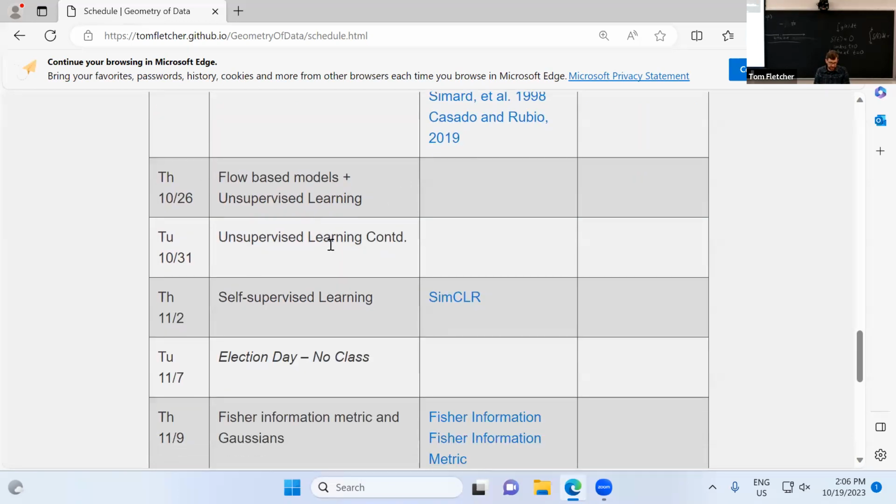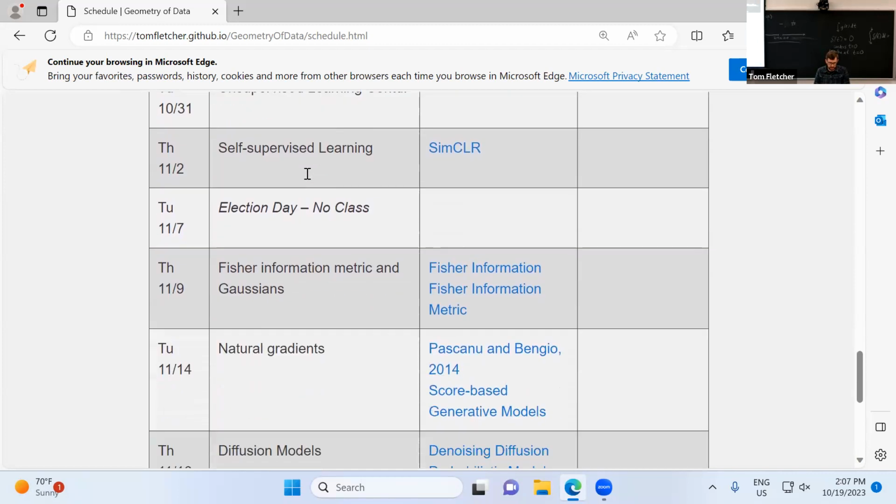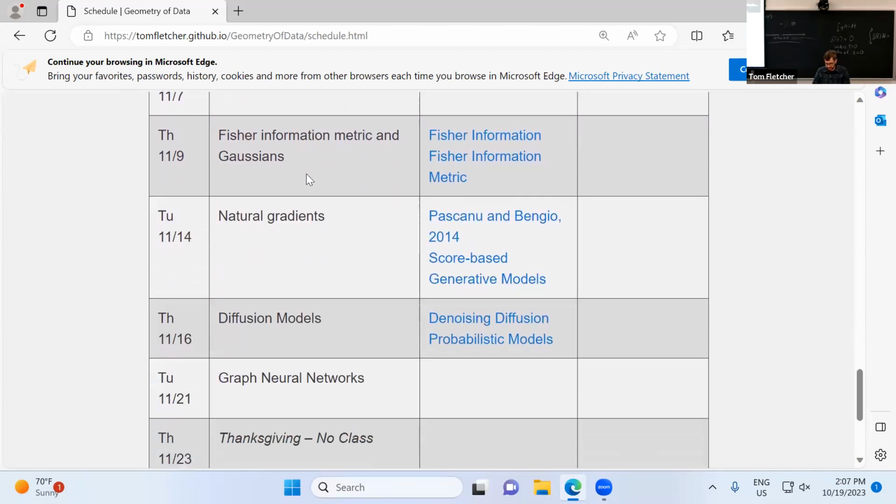Yeah, and then this section here, before we get to our election day break, day off, Aman's going to be taking this stuff, and it's much more machine learning methodology, but you'll see the manifold geometry and concepts that we've been doing coming up there. And then just giving kind of an